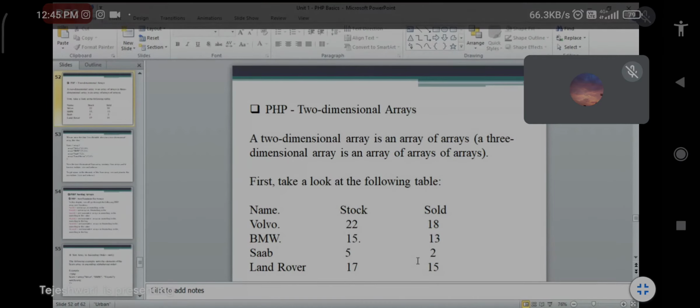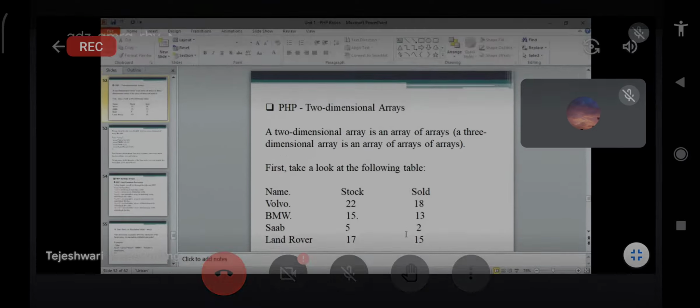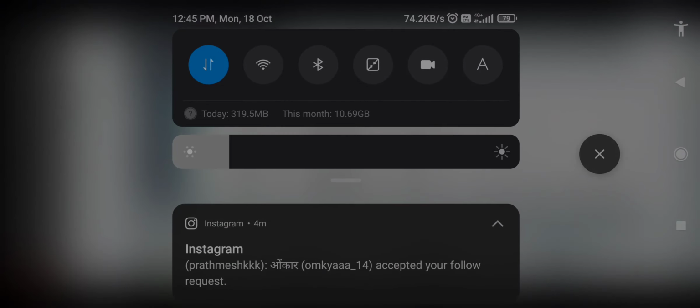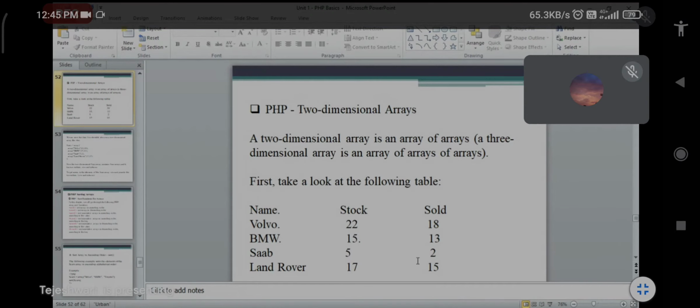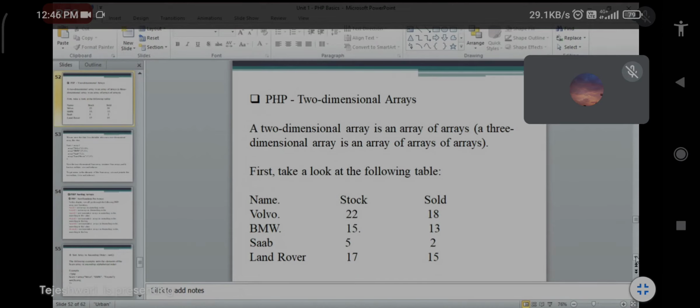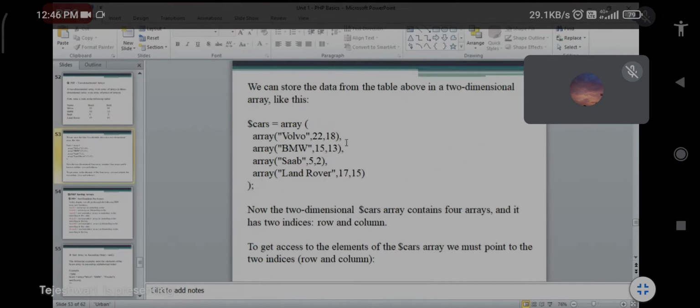Same for 1: 1 0, 1 1 and 1 2. Then 2 0, 2 1, 2 2. Then 3 0, 3 1, 3 2. This is rows and columns, and we have to declare it in this particular form.